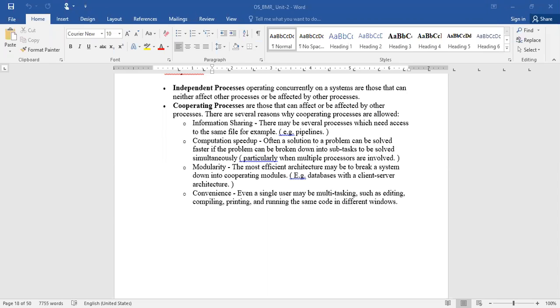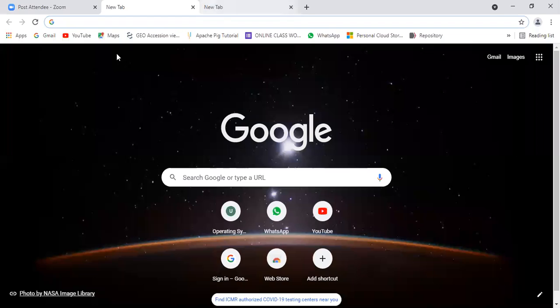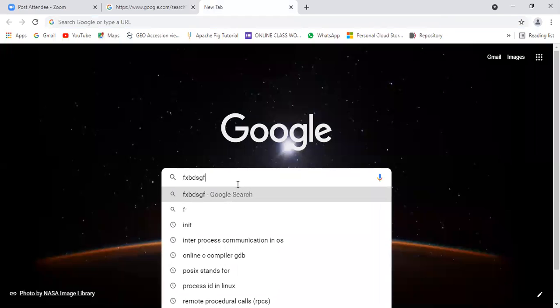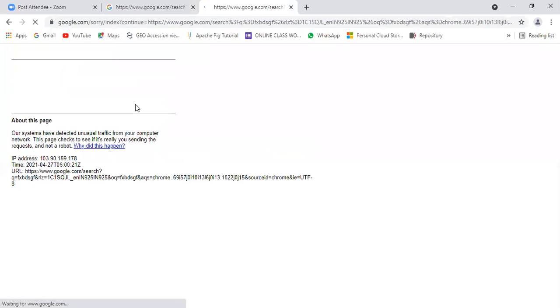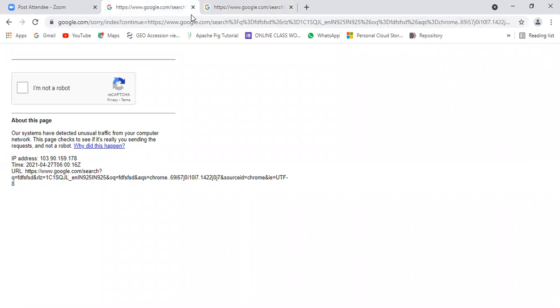I don't think the screen is visible to you. Let me show. Now observe, this is one tab, and this is another tab. I can do some operation here, type something, press enter, then go to another tab and do something there. I can do all these things in parallel. If this facility were not available, you would treat each one as an independent process. You would need to finish this task, close it, and reopen the same web browser to open the second link. You would need to do it like that.